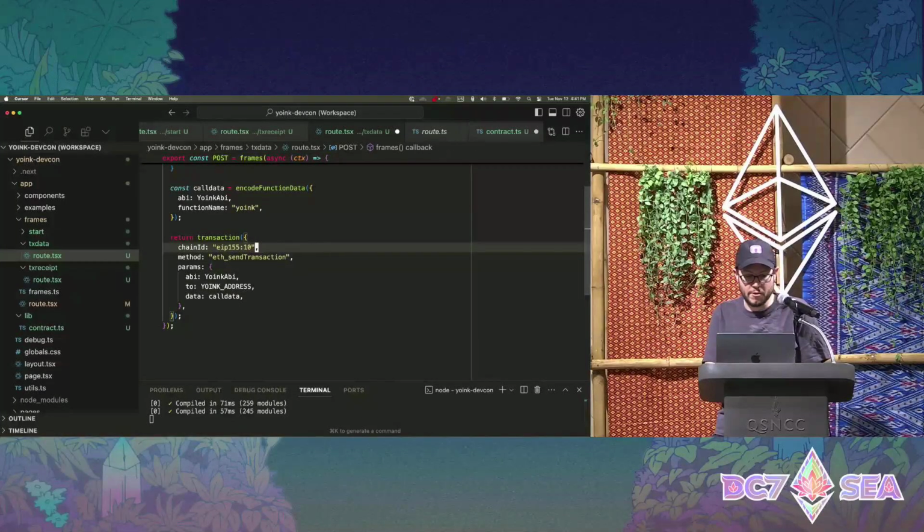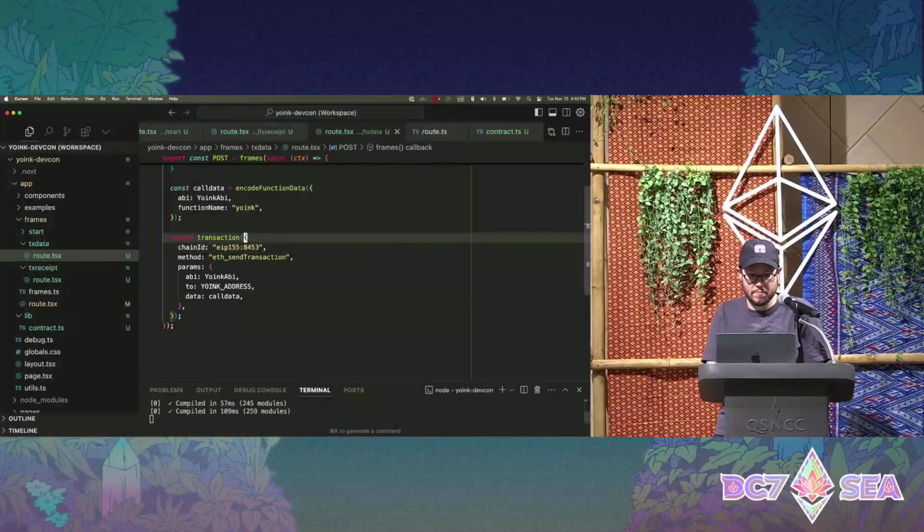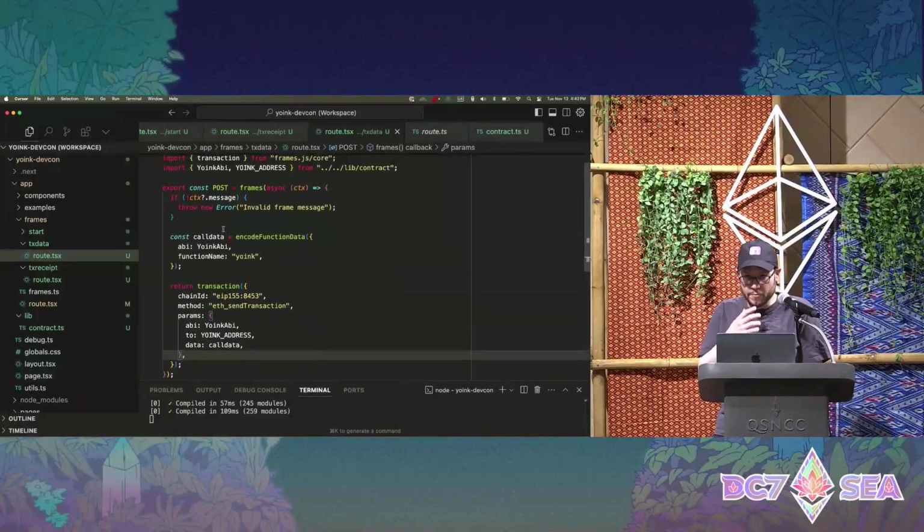Oh, okay, and we need to change the chain ID to base, 8453. Okay, so that's our transaction handler.